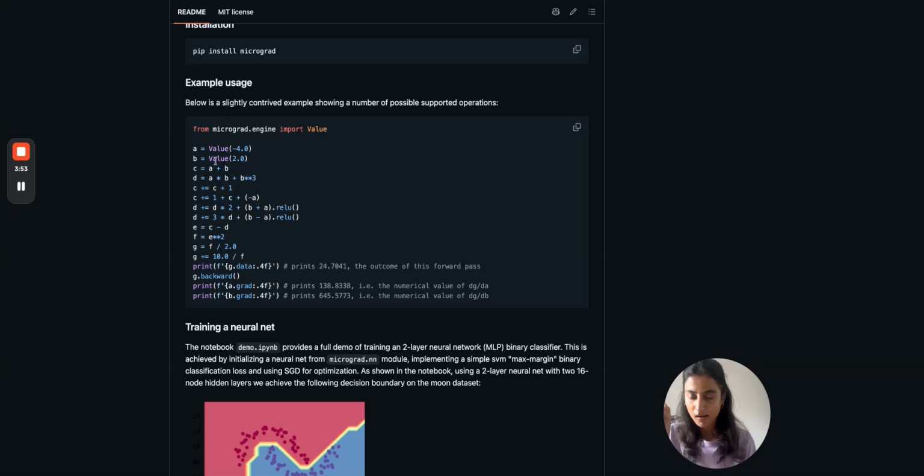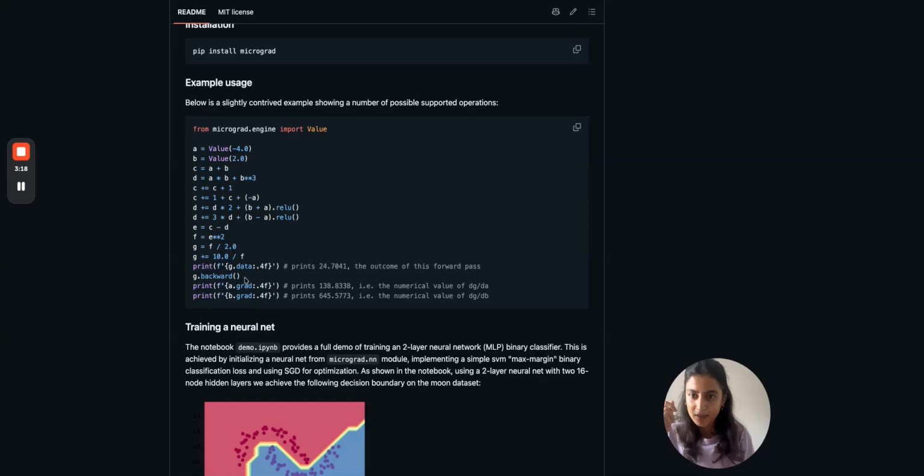As soon as the inputs are passed into the value object, it starts building the expression graph. It knows that C is also a value object. It knows that C's children are A and B. A and B only make C. Plus, addition, is the operation between A and B. It starts storing all that information and builds the whole connected mathematical expression graph. Okay, this is pretty straightforward. From A to G, G will be calculated, G will be the output.